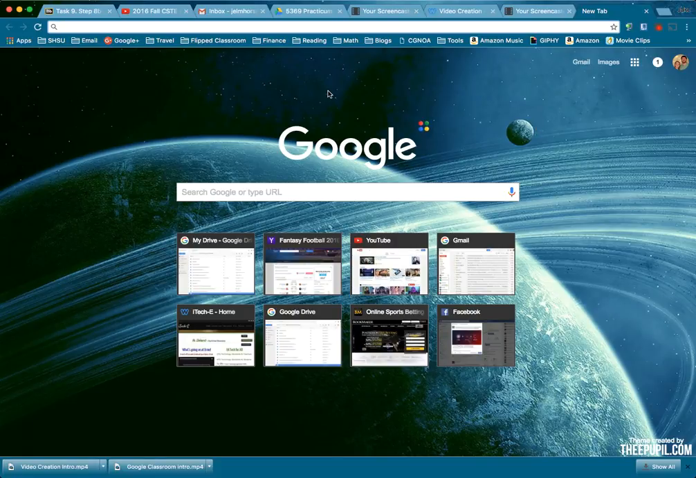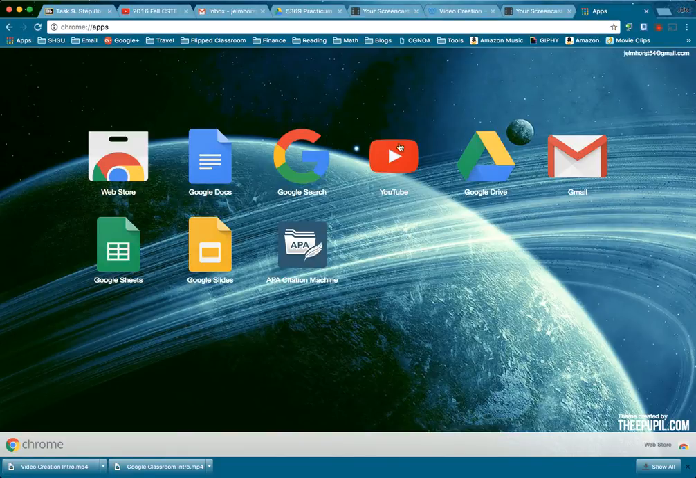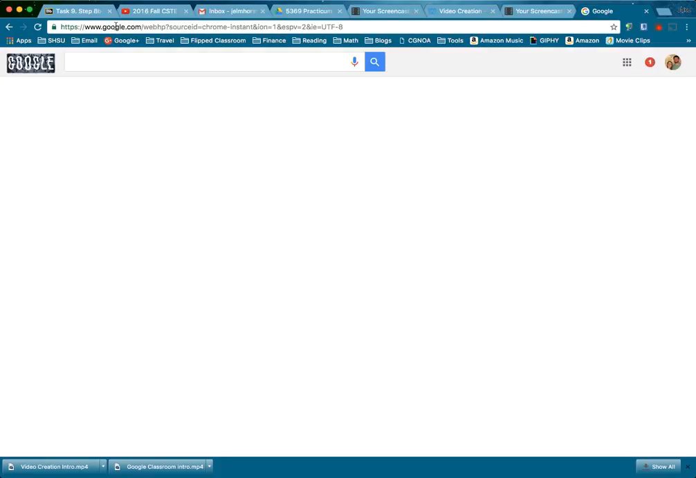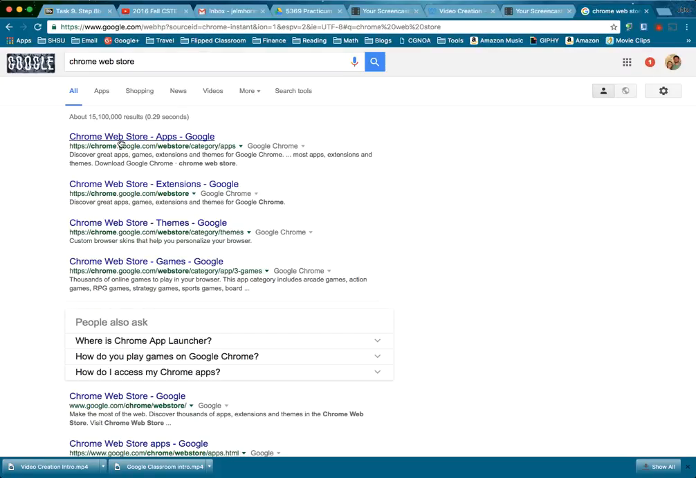But to show you how to find it, if you're on any tab, up on the top left you should have a little button that says apps, and you can click on that, and then it'll show you all the apps that you have already added to your Chrome account. And then the first one should be Web Store. Now if you don't see that, just in the omnibar, this is where the URL goes, that's called an omnibar, you can type in Chrome Web Store